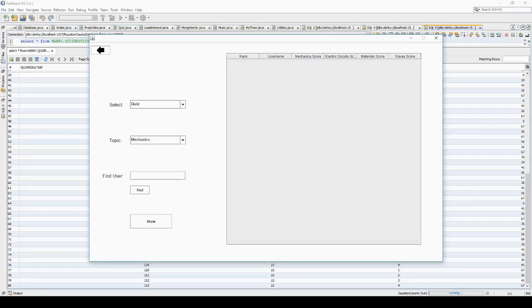The first test is when the leaderboard screen is initially displayed, an empty leaderboard table should appear. As you can see, it is a success. Moving on to test 2, user selects a type of quiz or game in the combo box labeled select, a topic in the combo box labeled topic, and clicks the show button, and a leaderboard table displaying corresponding information should be displayed. If we do quiz and mechanics,